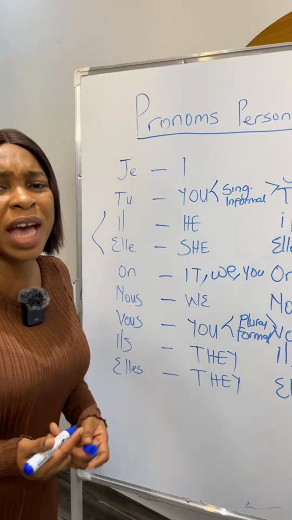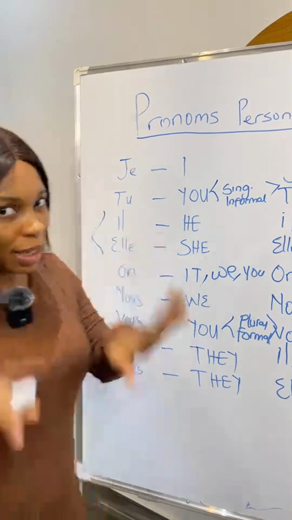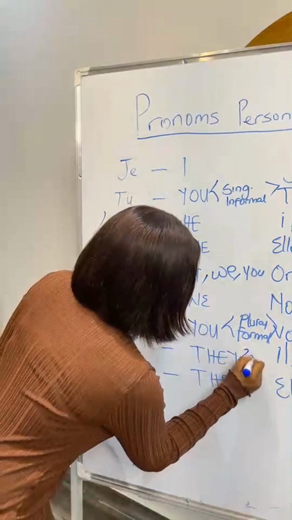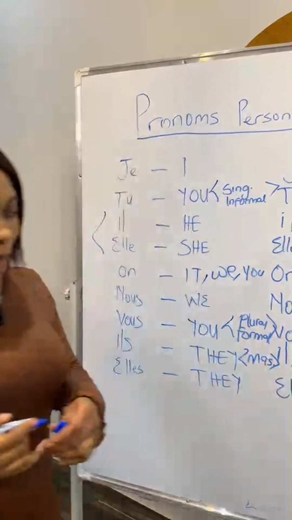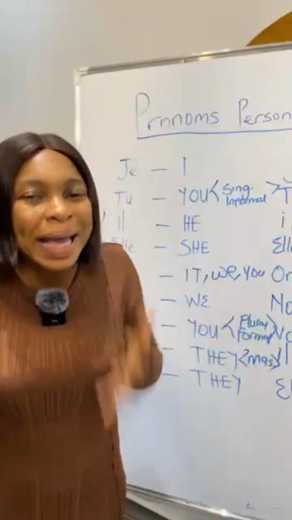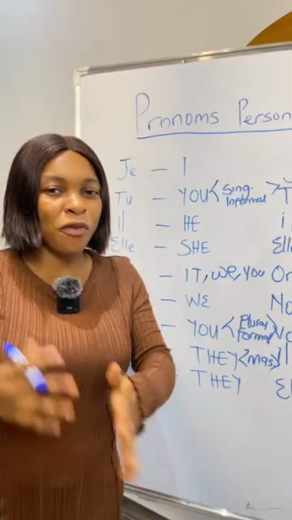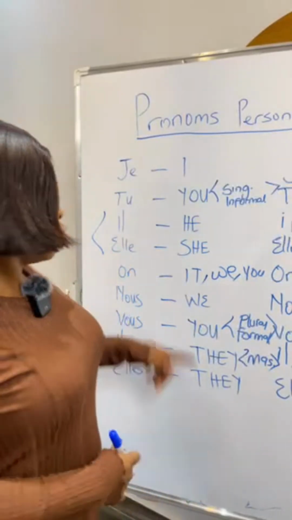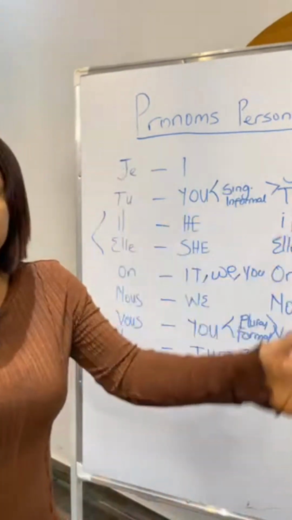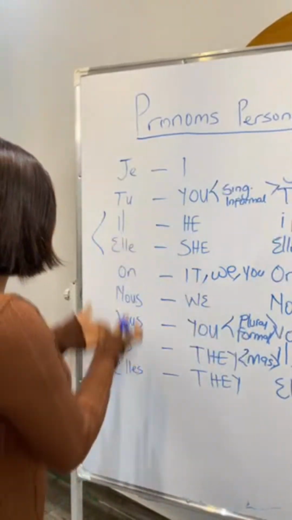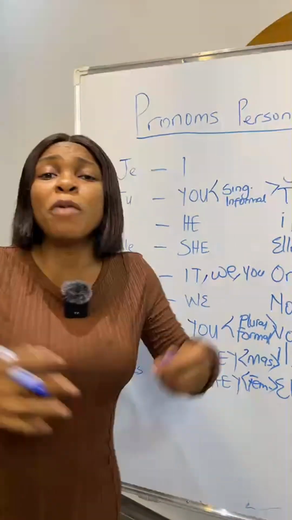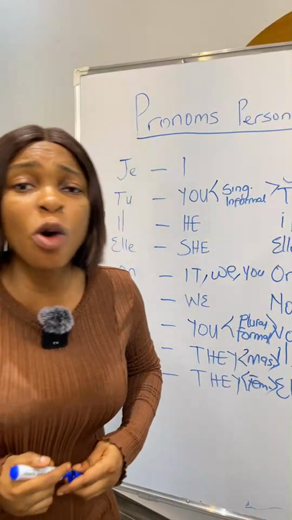You're wondering, how many "they" do we have here? Why do we have more than one? Take it slowly. Don't worry, I will explain it to you. So the first one is used for masculine. We use it when you are referring to a group of men. You understand? You have like 3 or 4 men and you're like, oh, what are they doing? You use ils for them. So we use ils as they for masculine, that's male, guys in a place that you want to address. And then we use elles for they as feminine. A group of women, a group of ladies, a group of girls you have in one location.